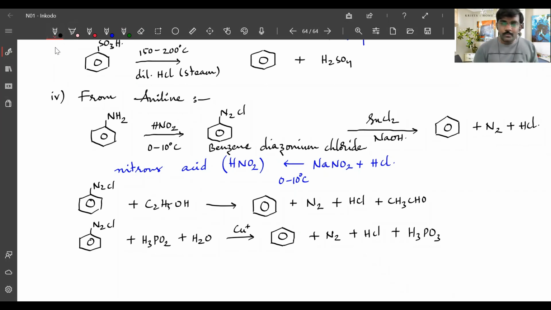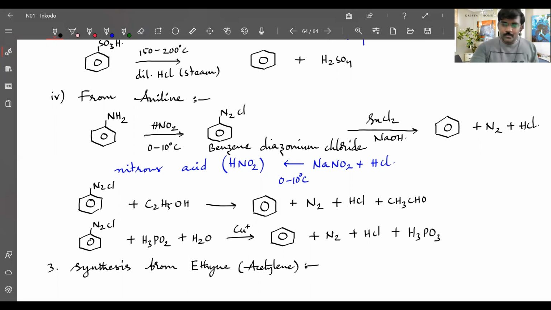So if I don't have benzene derivatives in the laboratory, all these benzene derivatives not available, then how can we prepare benzene with other compounds? From ethyne, that means from acetylene, you can prepare benzene. So that is synthesis from ethyne, acetylene. This method also we can apply to prepare benzene.